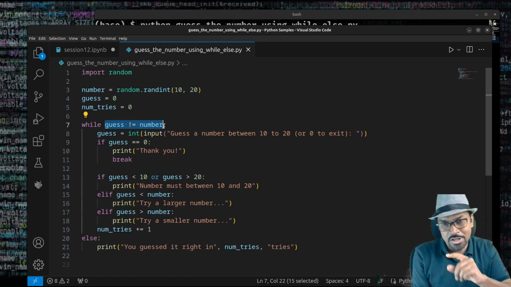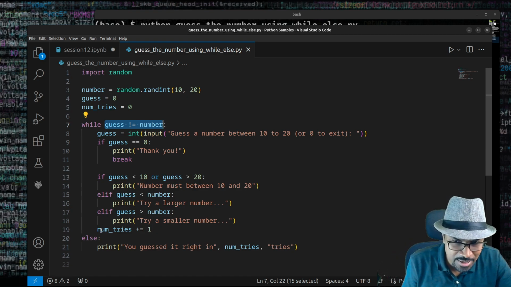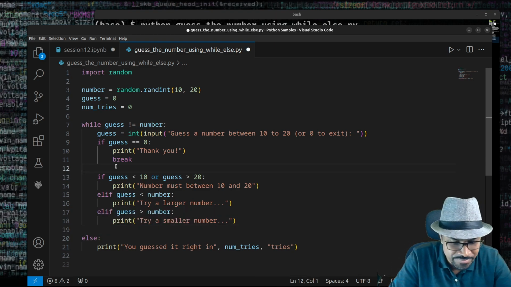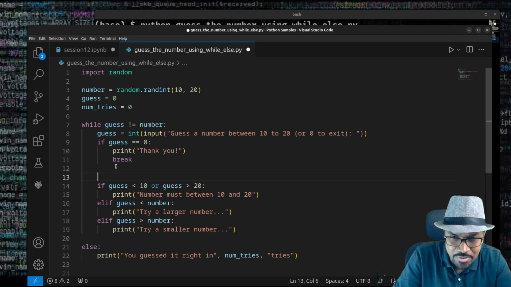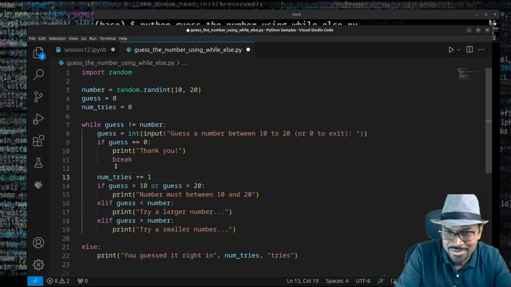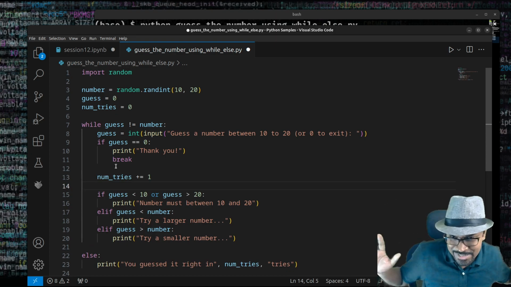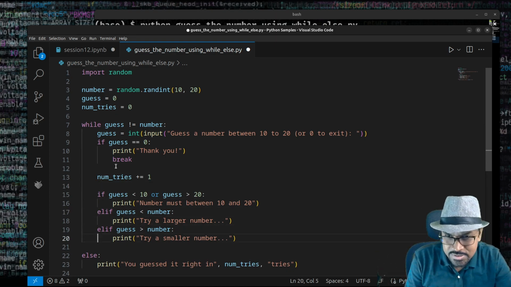Now, when you use an else clause like this, let me show you something. Maybe I'll put this num tries here. It doesn't matter whether you put num tries above or below. Anyway, the num tries is going to get incremented after it takes user input. After that, I'm going to verify. It doesn't matter. When you have a code like this,